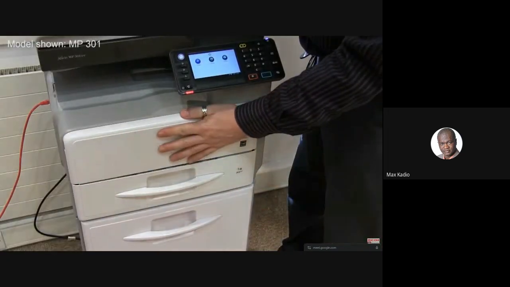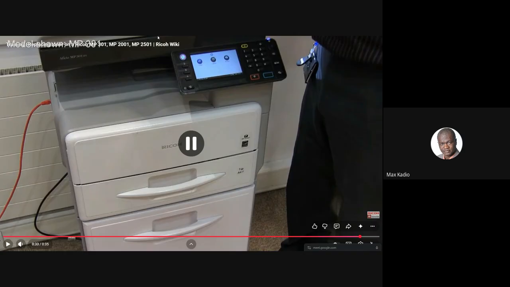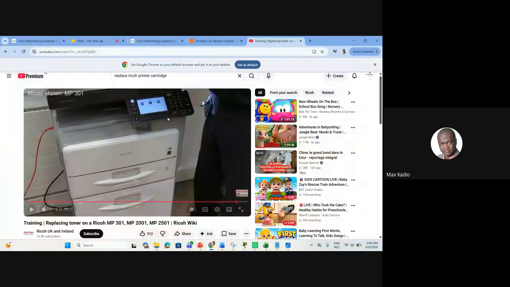You see why we need to sometimes do some research is because each manufacturer has its own way of doing things. After you get used to it, if in your company it's Ricoh, then you'll start getting used to it.